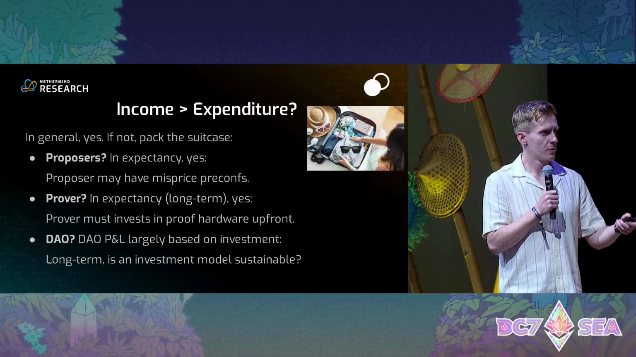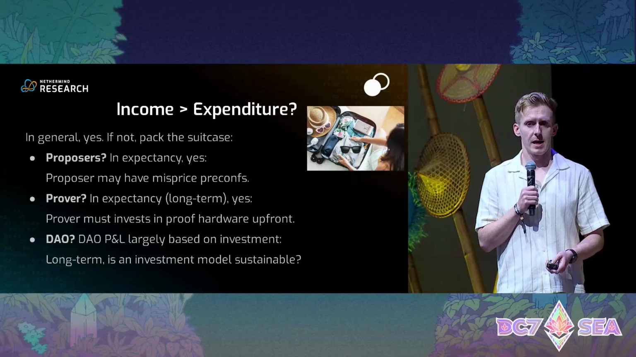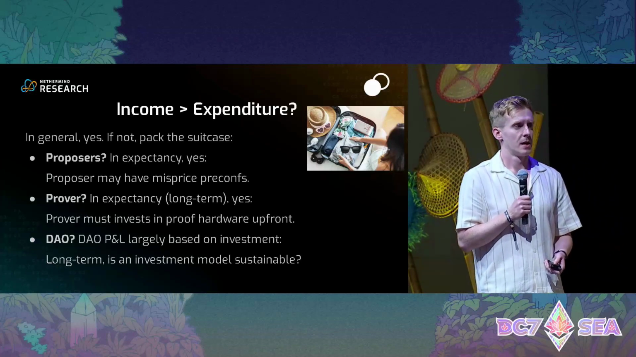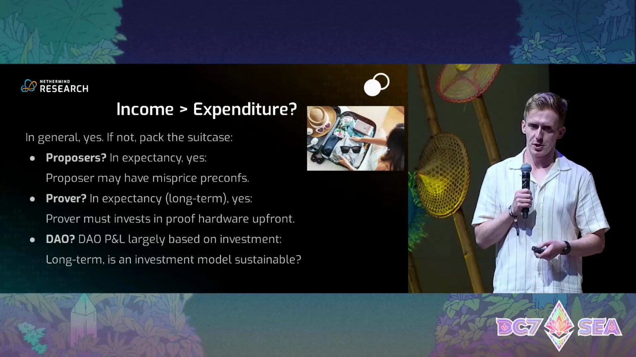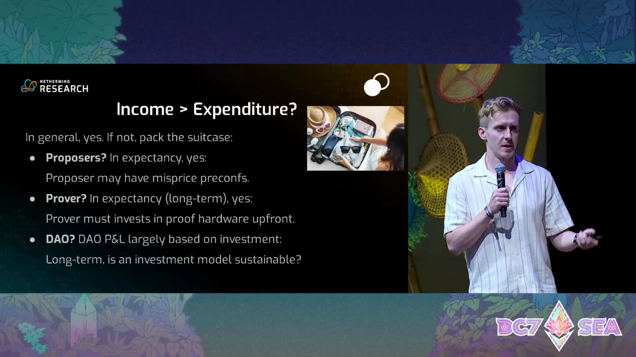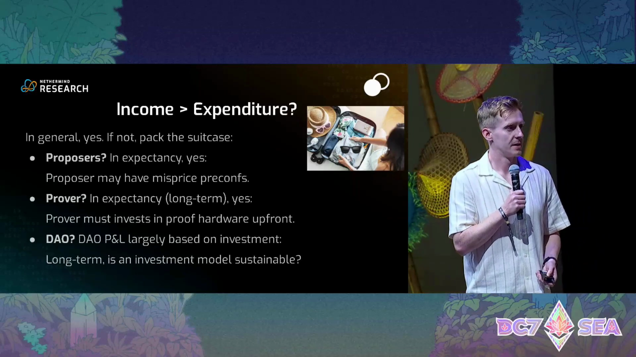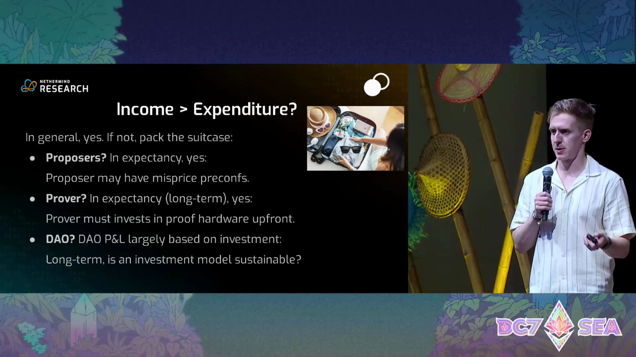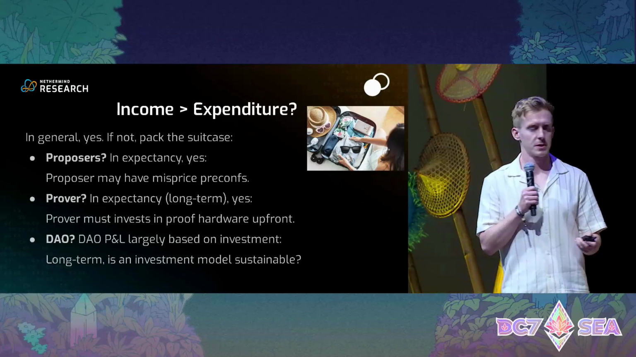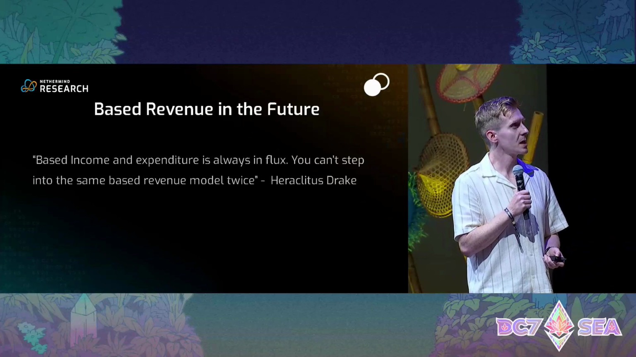And the DAO, again, I mentioned this investment model; long term it is not sustainable, so they need to be investing in sustainable infrastructure for these fee mechanisms, these proposer fees, these sequencer fees. We're yet to see what that's going to look like, but it's definitely going to be very interesting if the DAO can actually recuperate those costs. Okay, so